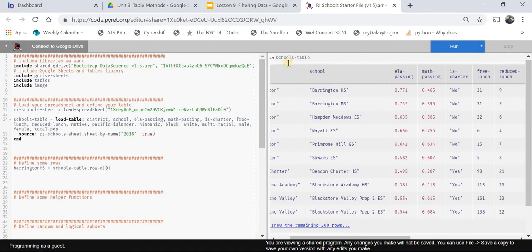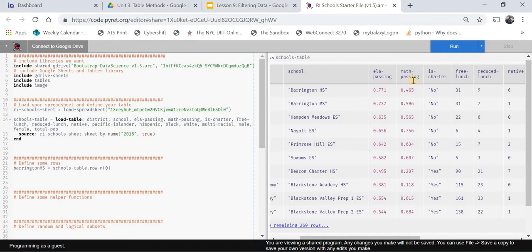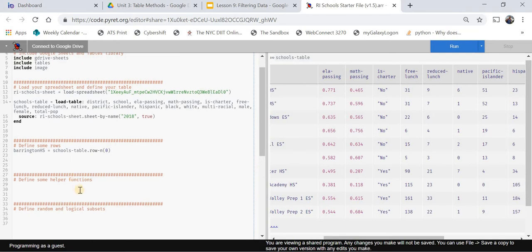And I'm just looking at how this data is organized, right? So we have the district, we have the school, and notice the HS and the MS, right? We talked about this in class. HS is high school, MS is middle school. These are the pass rates. And notice how it says is charter is no and yes, right? With a capital N and a capital Y. That's important. So we're going to use this to create a subset